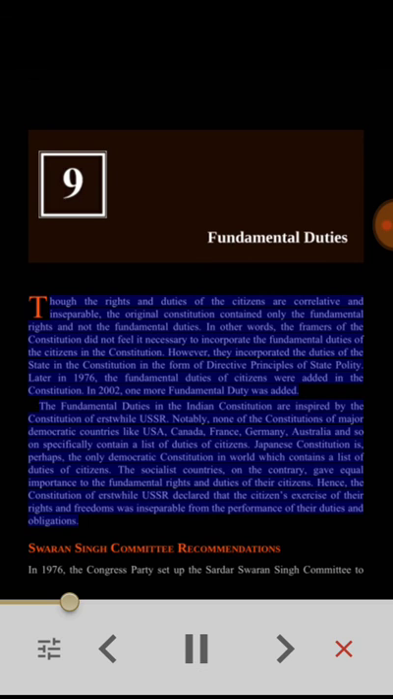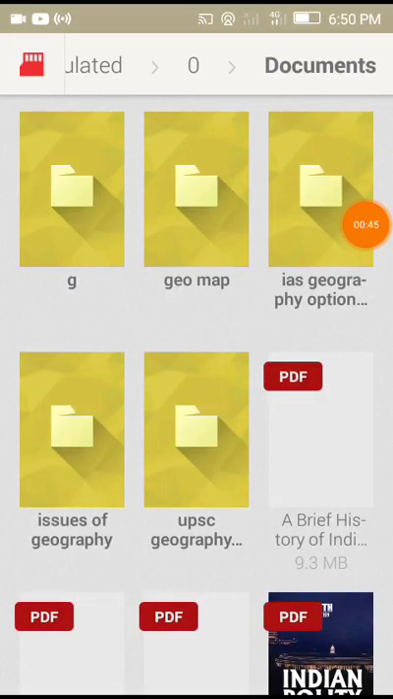In 2002, one more fundamental duty was added. The fundamental duties in the Indian Constitution are inspired by the Constitution of the erstwhile USSR. Notably, none of the constitutions of major democratic countries